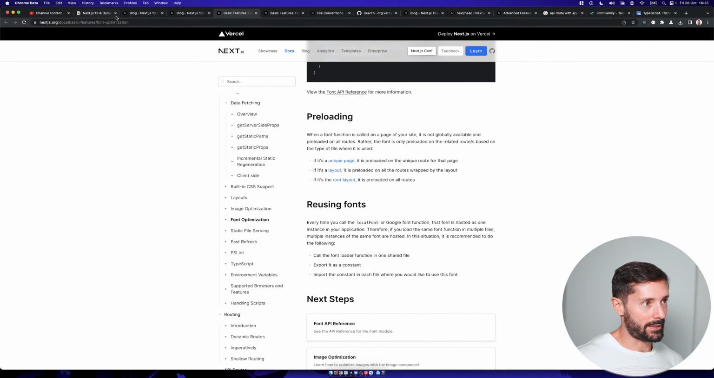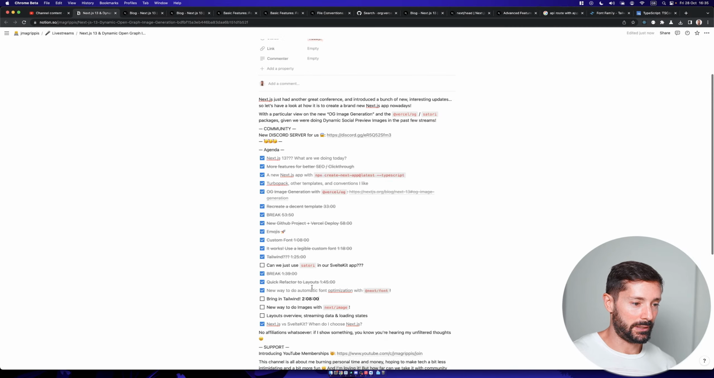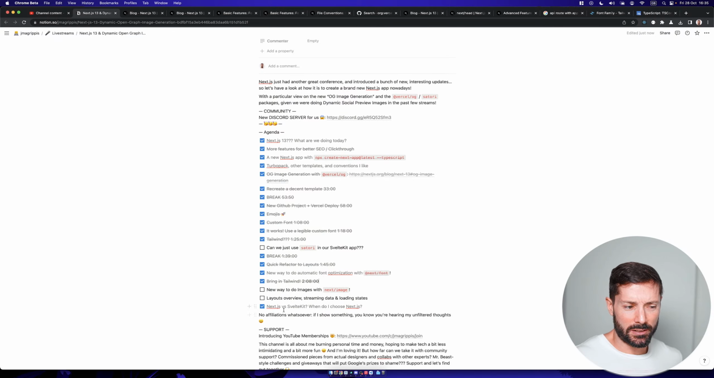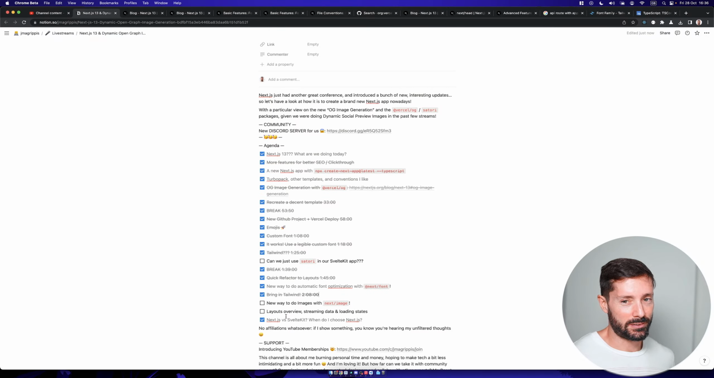But yeah, I think this is gonna be calling it a day. We did bring in Tailwind. We didn't do this today. Kinda messed around with the font loading again. I did talk a few times in the stream, Next.js versus SvelteKit. These are the two big JavaScript framework options I choose between. Nowadays,